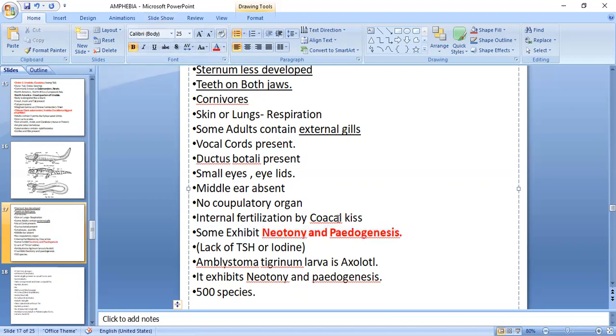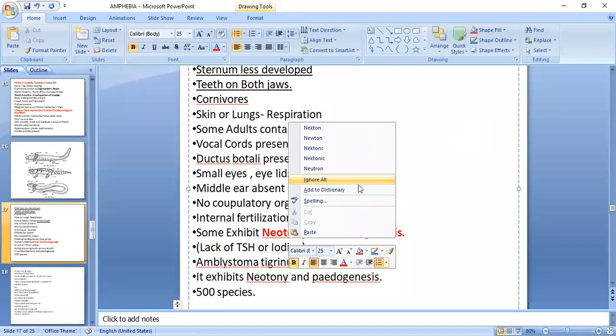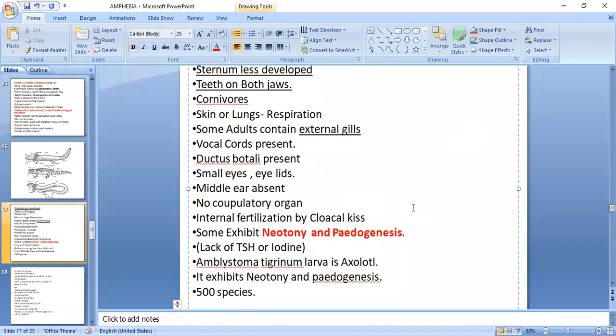I already told you about Chordata. Hypoplua is an animal that exhibits neoteny and paedogenesis, in the class Larvacea of Urochordata, right? Here neoteny means the larva, due to lack of thyroid stimulating hormone or thyroxine hormone or iodine,